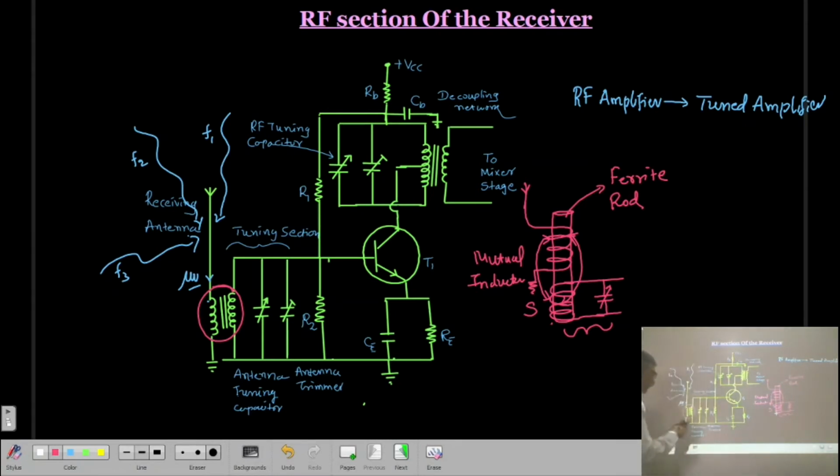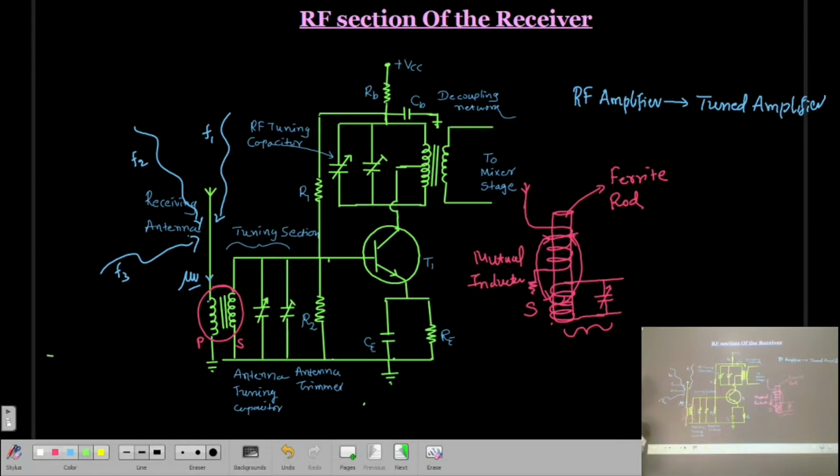Okay? So, this kind of connection is at the input of your radio receiver, and in parallel with this secondary coil, a capacitor is connected, which is a variable capacitor. So, this is the primary of the coil, this one is the secondary of the coil, and here we have a variable capacitor. It forms a kind of parallel resonance circuit, which is known as a tuning section. So, already we know what the characteristics of the resonance are.